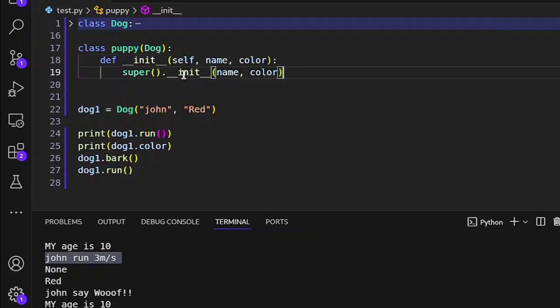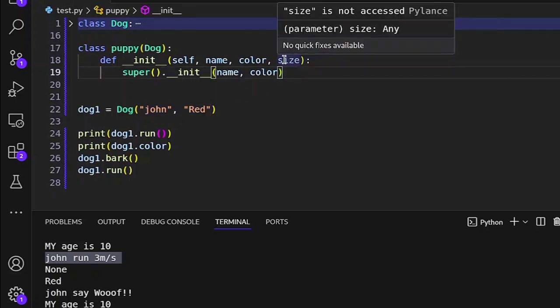Then as you can see, it's already implemented. When you call this init, we're going to accept the name and the color, and let me add another thing, which is size. So you see, in our parent class we don't include size, we only have name and color. But in our child class we also include a size